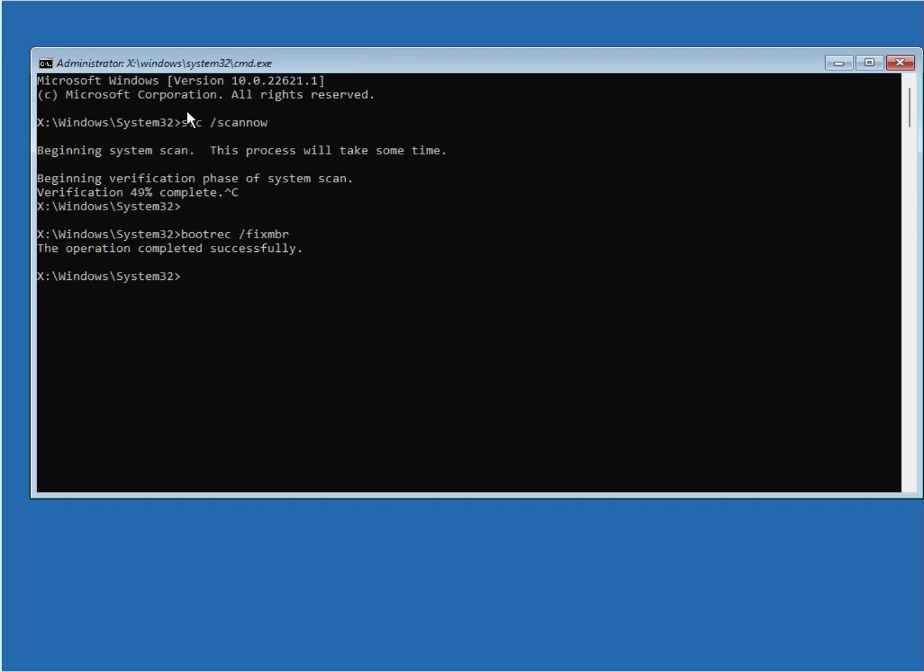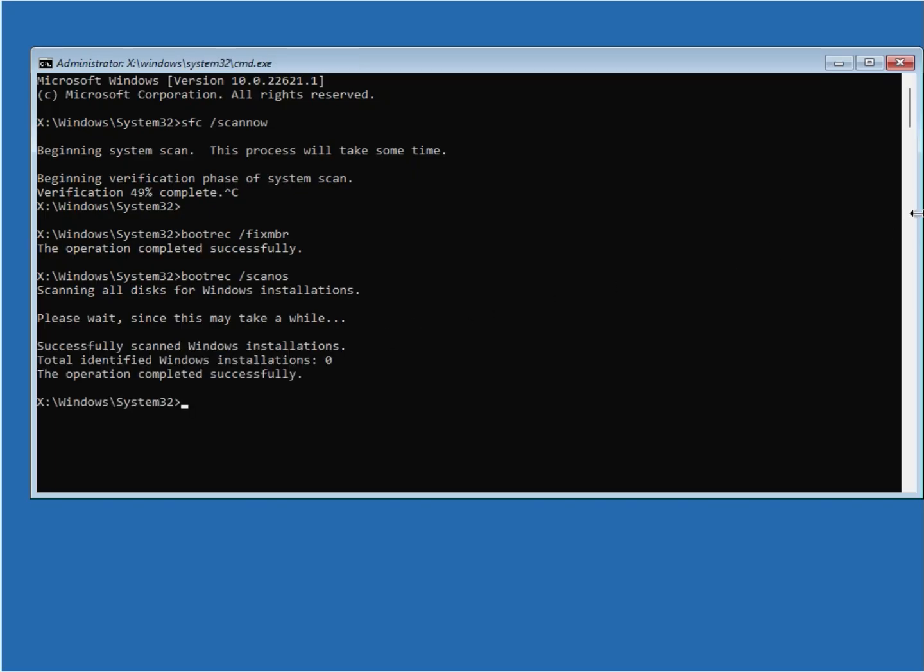Okay, then next, bootrec space slash scanos, hit enter. So wait a few seconds for it to complete. Now it has completed successfully. Then next,